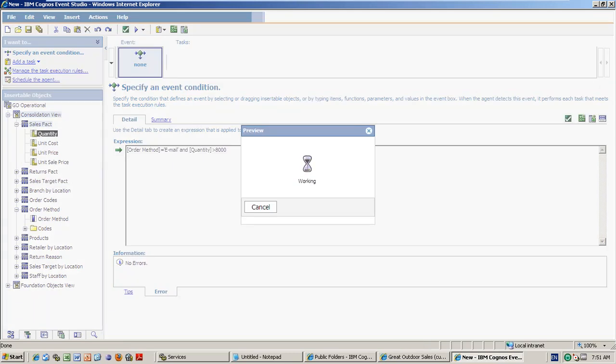Any of the customer is more than 8,000 rupees. Sorry, more than 8,020 rupees through email only again. So the condition you should write correctly, which one you are checking. What is your requirement? You write that requirement in the condition box. So your Cognos report will check for only this condition as per your schedule.